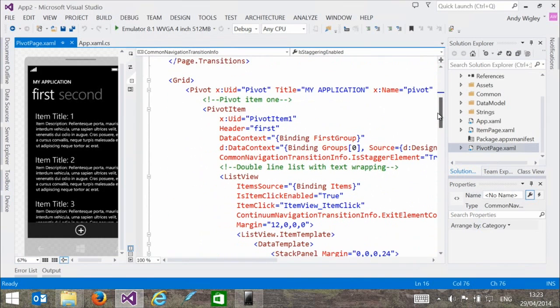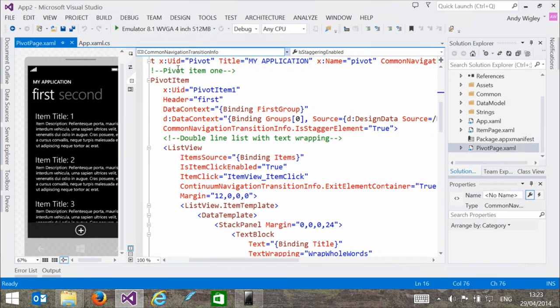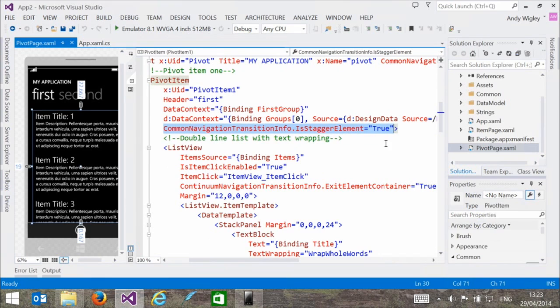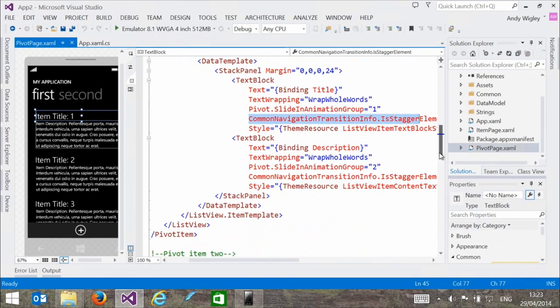Because then what you need to do is, on various elements, like the pivot item, you say, well, this is a stagger element. So that's a stagger element. And then you'll say that actually this is a stagger element as well, and this is a stagger element. And if you run it,